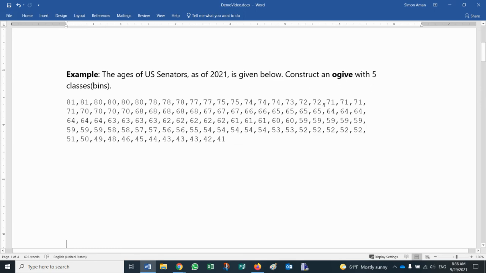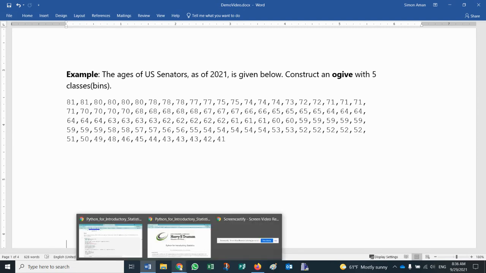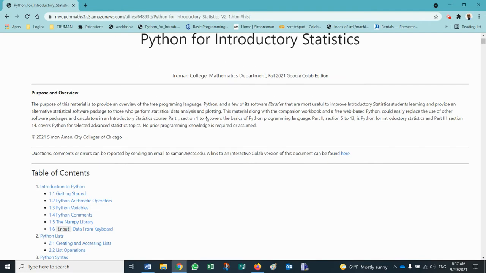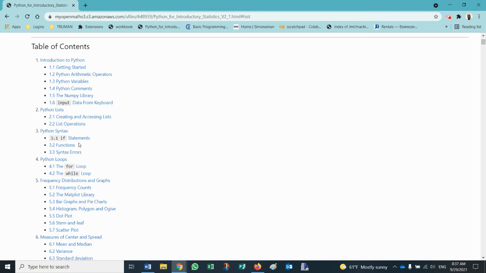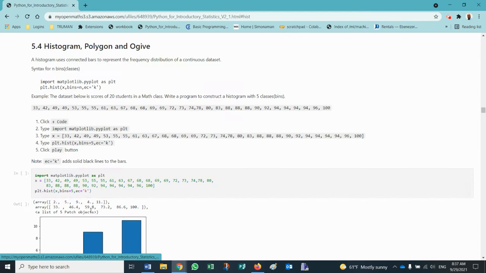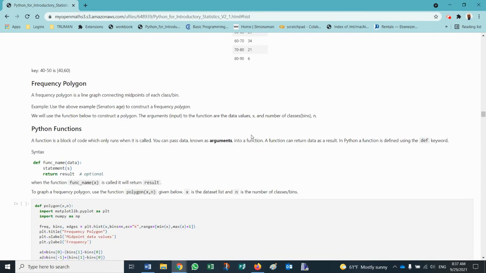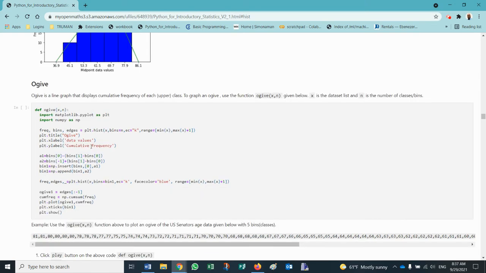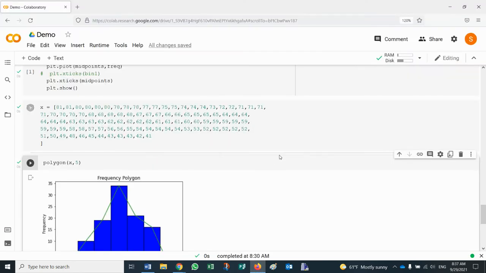For this, we will need to copy a function that's already prepared for us. So let's go back to our manual here, and we'll scroll down and go to chapter 5, section 4, histograms, polygon, and ogive. So we've done polygon, so now we'll need to do an ogive. And the function is right here. So for ogive, we need to copy this function that's already made for us. So we'll copy this function right here, and we'll paste it into our